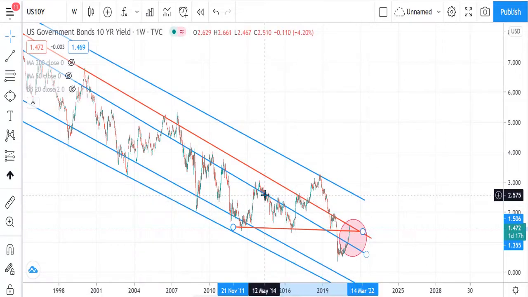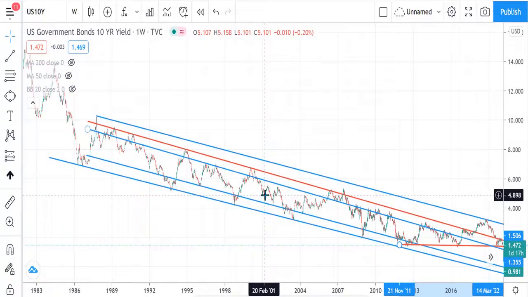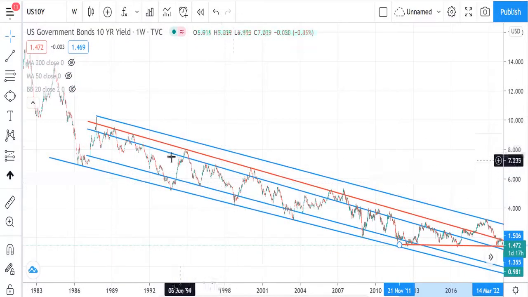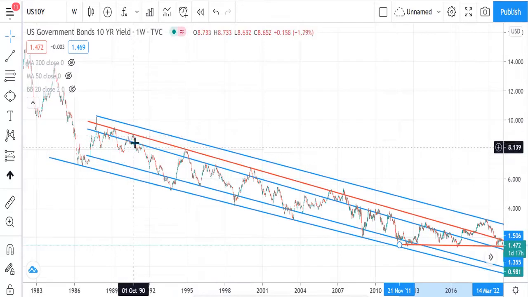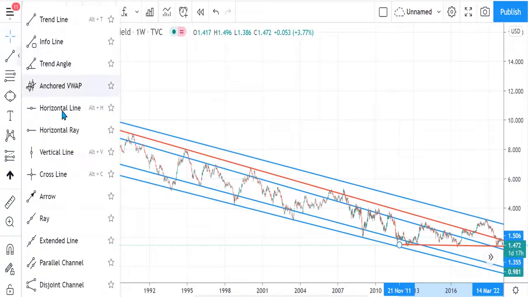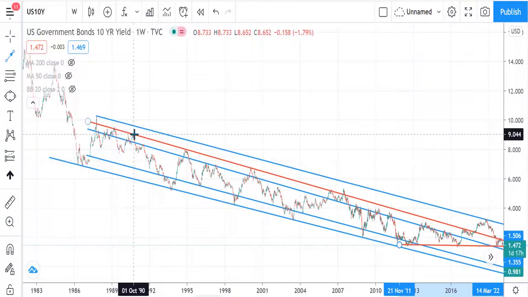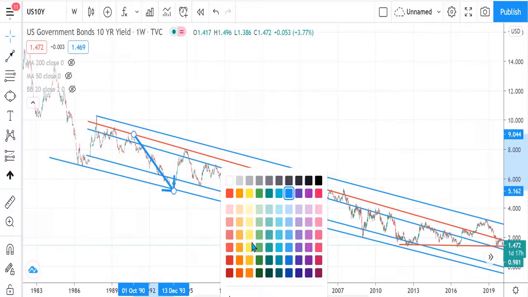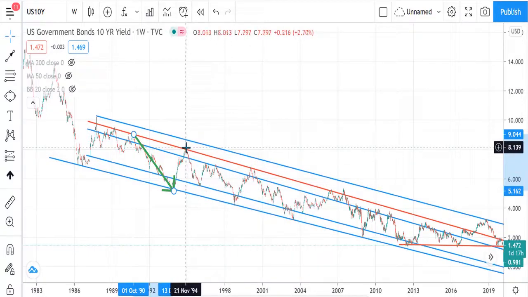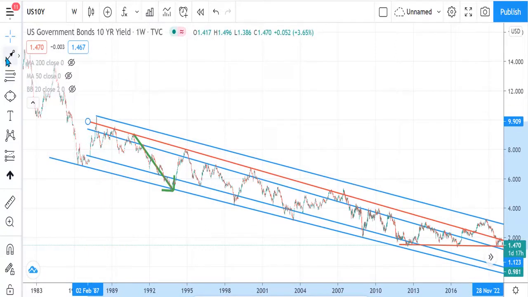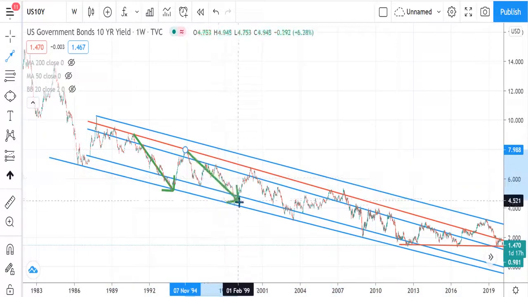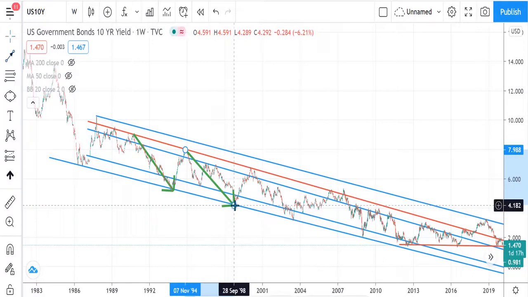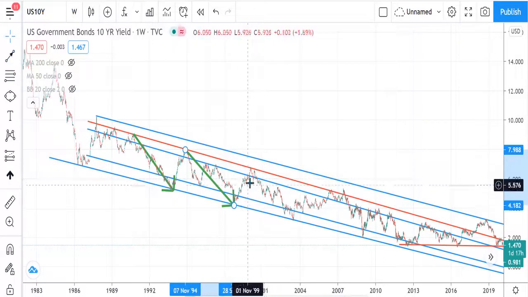But actually, if you analyze another angle of this chart, every time it touches the top boundary, it retraces all the way down. For example, let me try to draw the arrow. So here it touches the top, then it went all the way down. Maybe change the color to green. And here also, when it touches the top, it goes somewhat down here. One way or other, it will try to touch the downside.